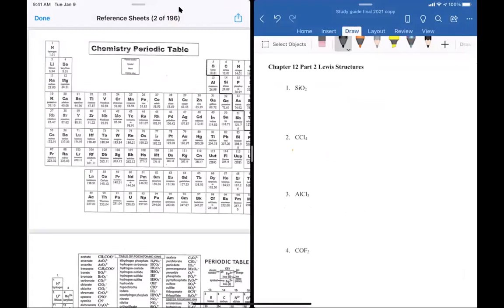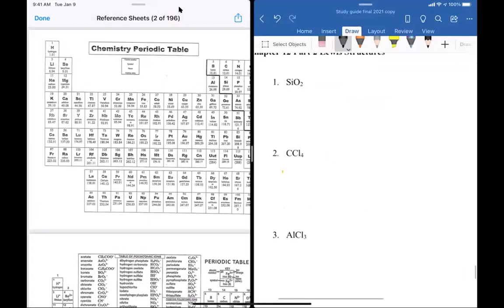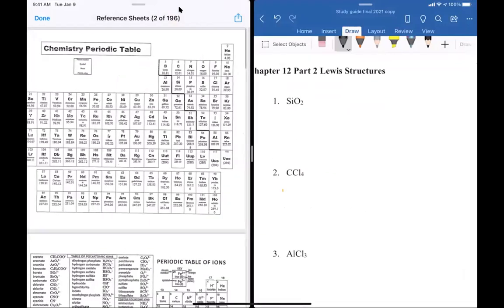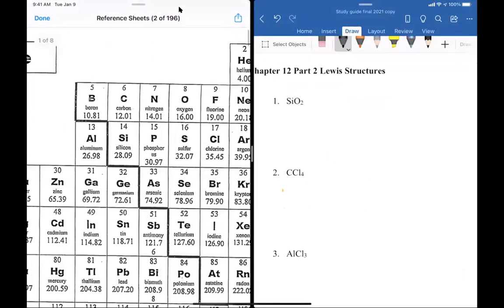There's 3 types of Lewis structures. So there's covalent, there's ionic, and then there is polyatomic. So let's go through each one. First one, SiO2. I want you guys to notice, first of all, Si is on the right-hand side of the stairs. O is on the right-hand side of the stairs. Both of these, as you can see, the stairs are that dark line. Both of these are on the right-hand side of the stairs, which means that this is a covalent bond, which